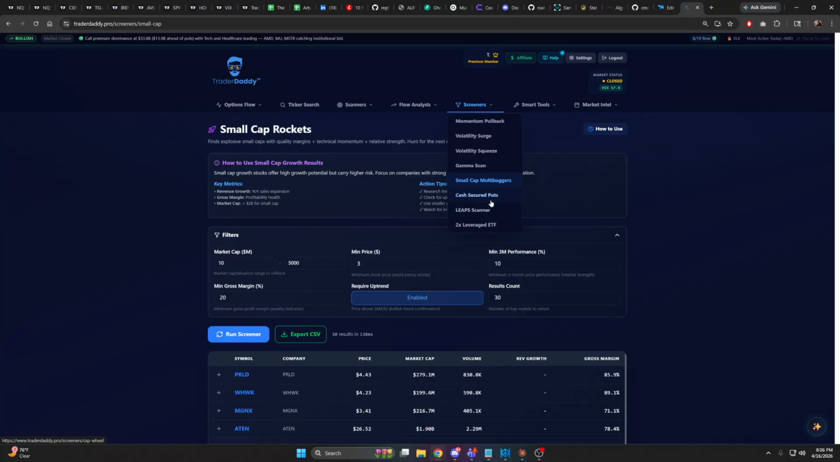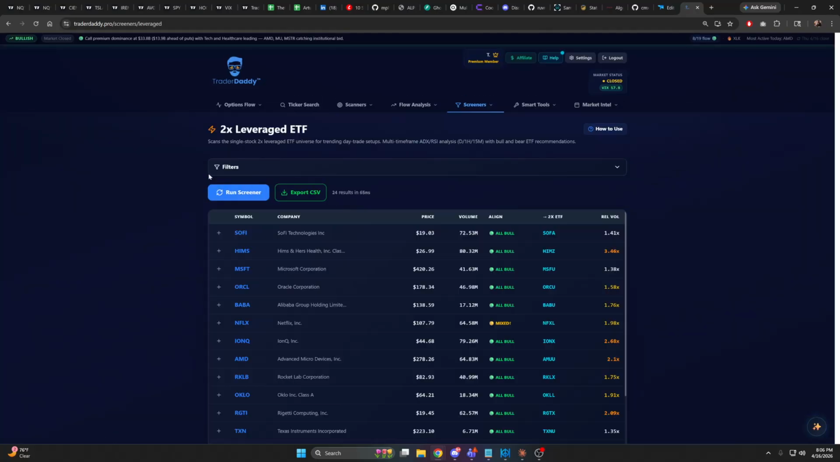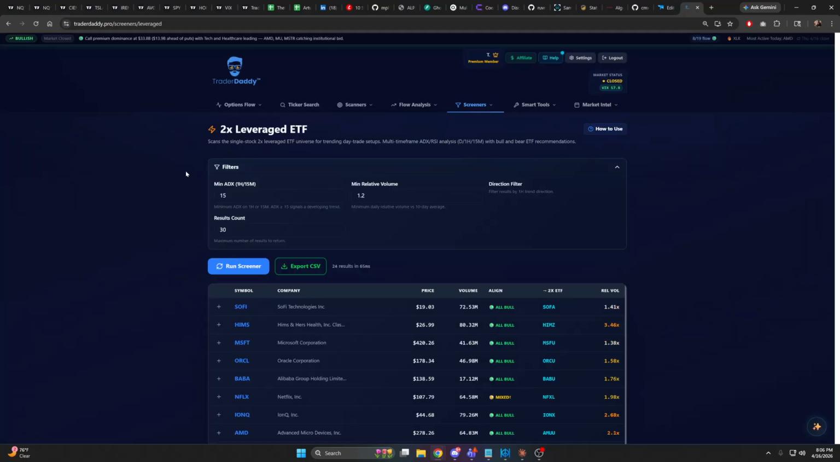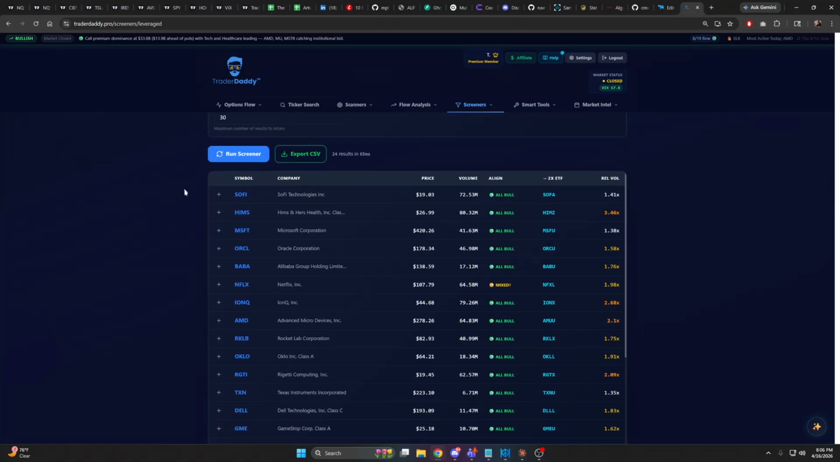We have one for cash secured puts. One if you want to play LEAPS. Michael uses this one to day trade, so he doesn't play 0 DTEs. He does 2x leveraged ETFs with trailing stops. So he'll go in here, open this up at like 9:45 in the morning when it refreshes, and he's going to take a look at what's bullish, and then he's going to go and play the 2x ETF equivalent for